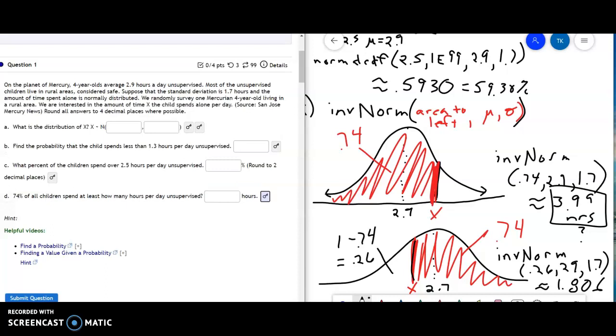Okay, so the question is, which one is appropriate? Which one makes sense in the context of the problem? Okay, well, think about it this way. On average, 2.9 hours these kids are spending unsupervised. So if we want to find a number so that 74% of kids spend at least that many hours